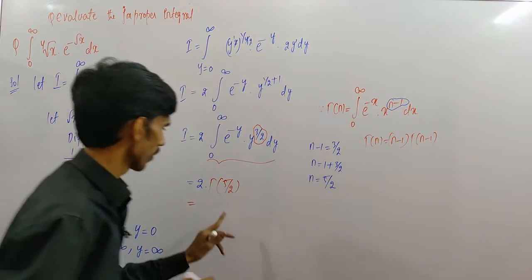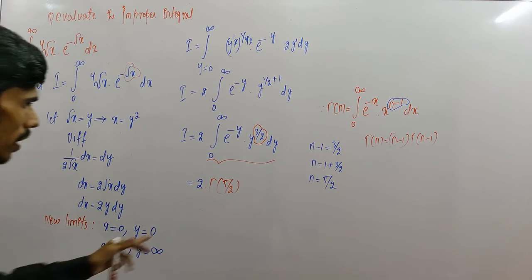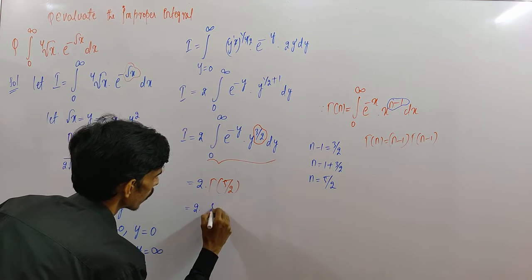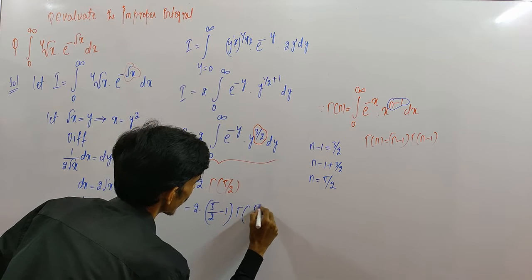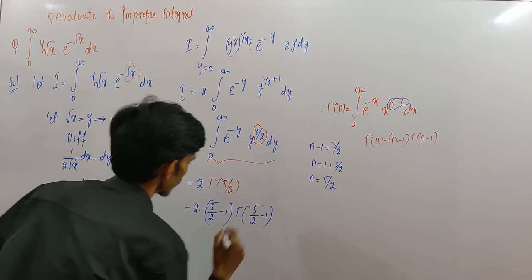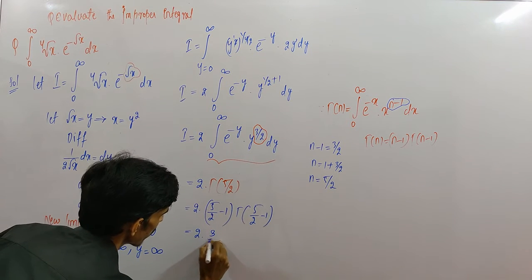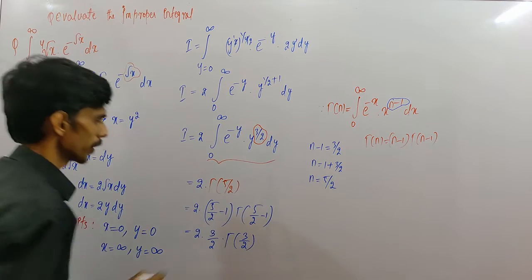Using this formula we can further solve this value. Now this gamma of 5 by 2 is 2 into 5 by 2 minus 1 into gamma of 5 by 2 minus 1, that is 2 into 3 by 2 into gamma of 3 by 2,